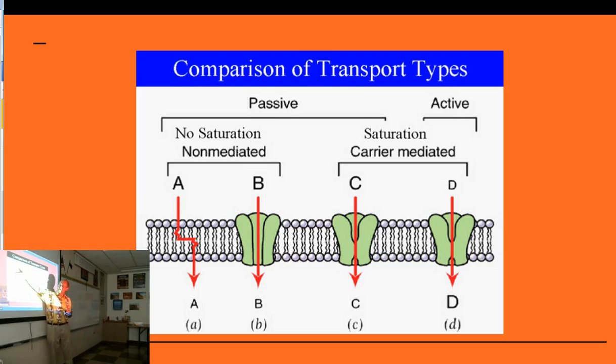Passive transport or diffusion can only go from where there's more of something to where there's less of something. Active transport is able to take something and pump it against what we call the concentration gradient, against the natural flow of that substance. So it can take something that is less populated outside the cell and pump what little there is out there into the cell where there's already more of it. Your book describes those in more detail. We did talk about concentration gradients in physical science. So active transport can go against the concentration gradient.